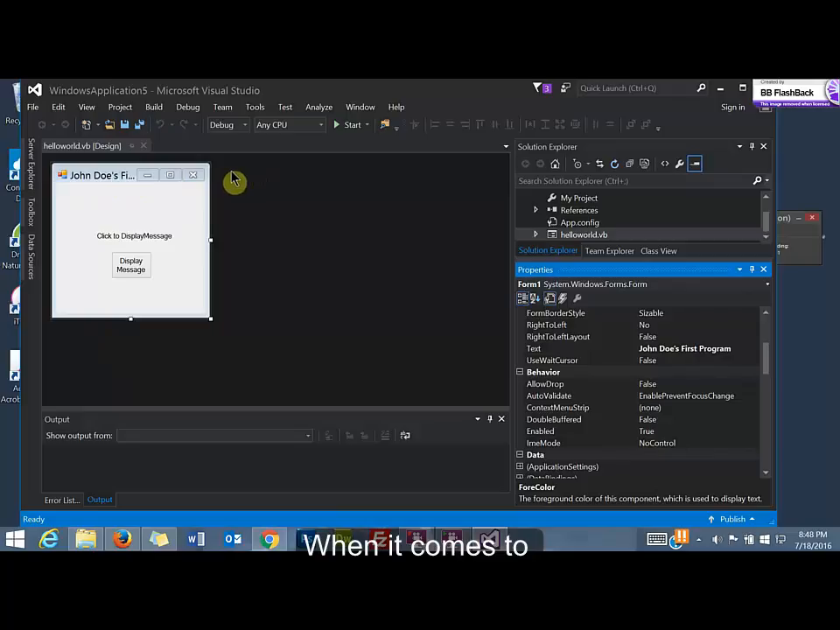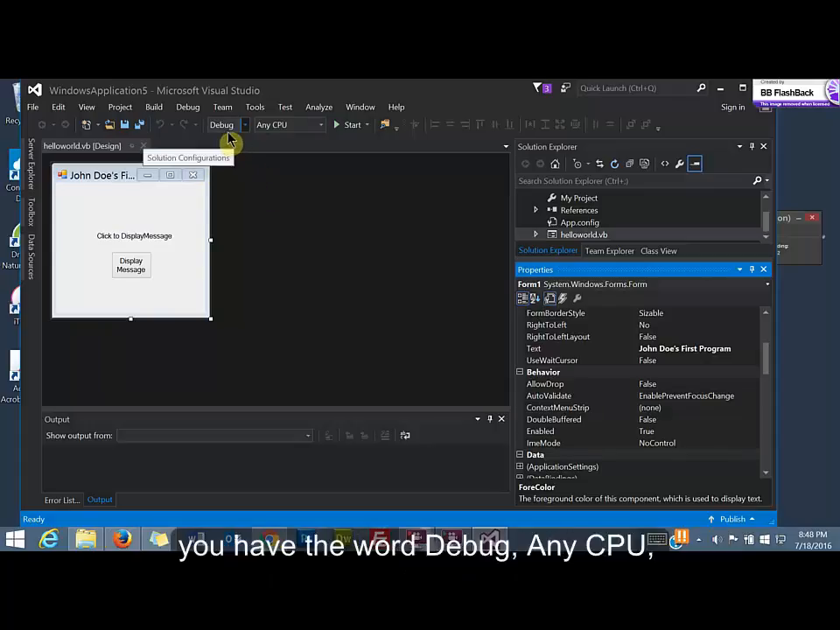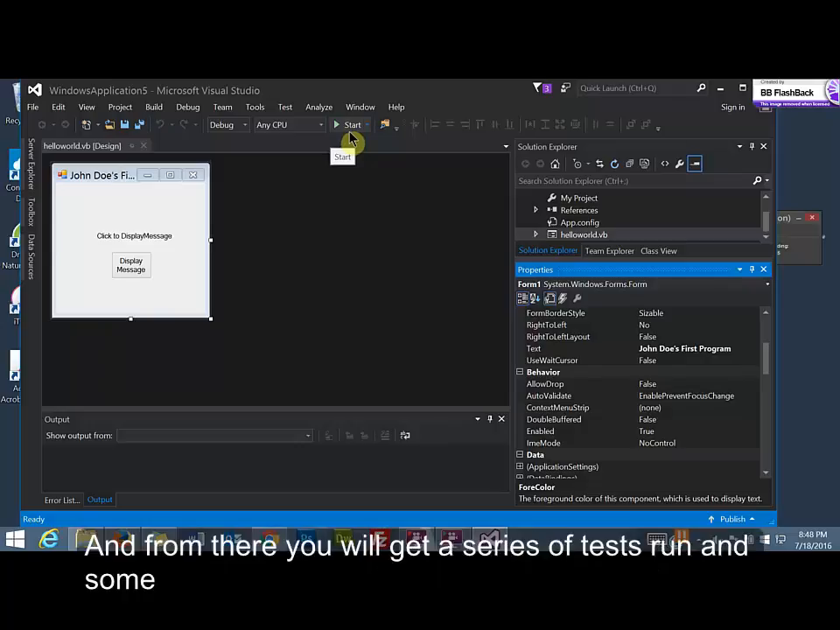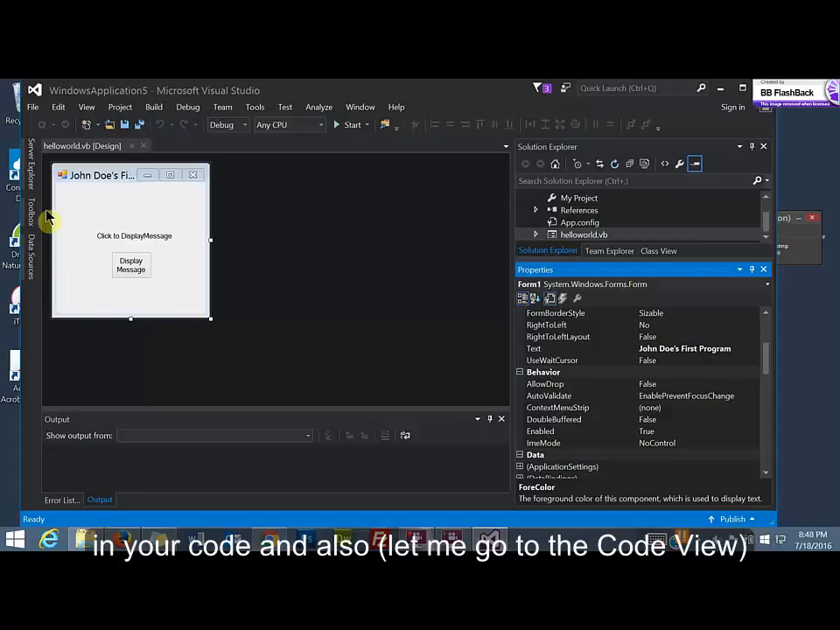When it comes to testing your code, I won't click it this time, but you will choose right here above the work area. You have the word debug, any CPU, and start. So when you're ready to test your application and run it, you will click start. And from there you will get a series of tests run and some diagnostic information. In the lower box you will see any errors that pop up in your code, and also